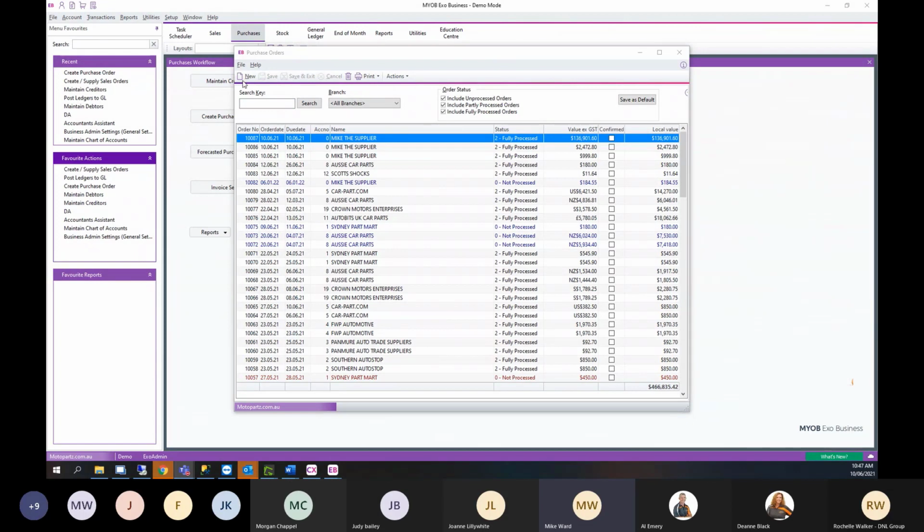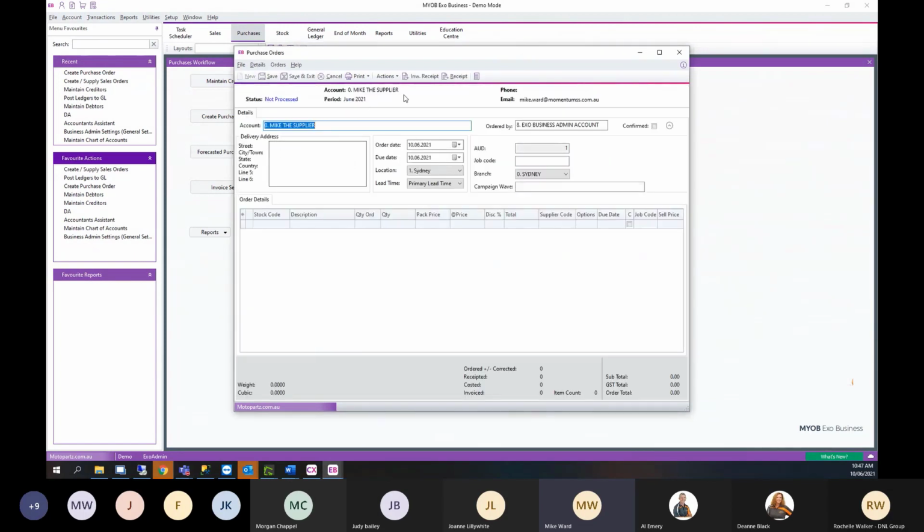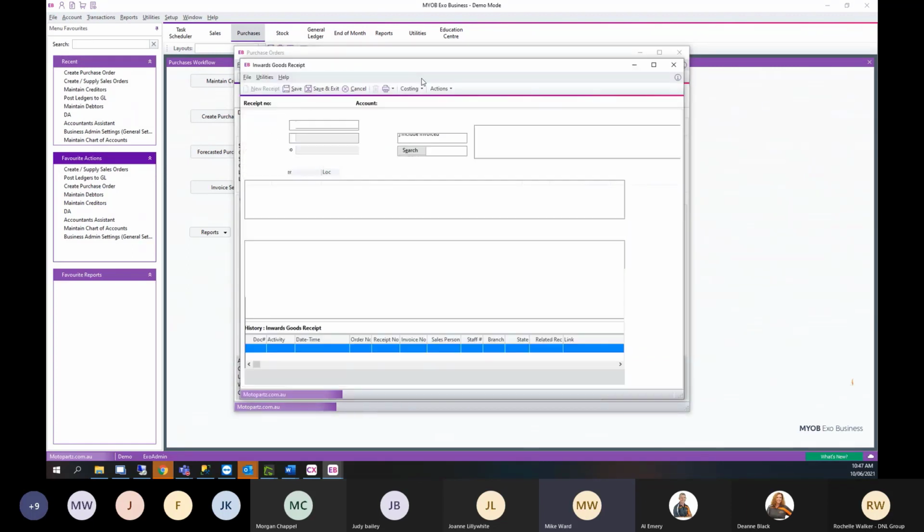I'm going to create a new one and put an item onto it. Depending on your profile setup, you'll see at the top you've got inwards goods receipts and receipts buttons. Use inwards goods receipts more for the stock items, so when you're receiving the goods in,